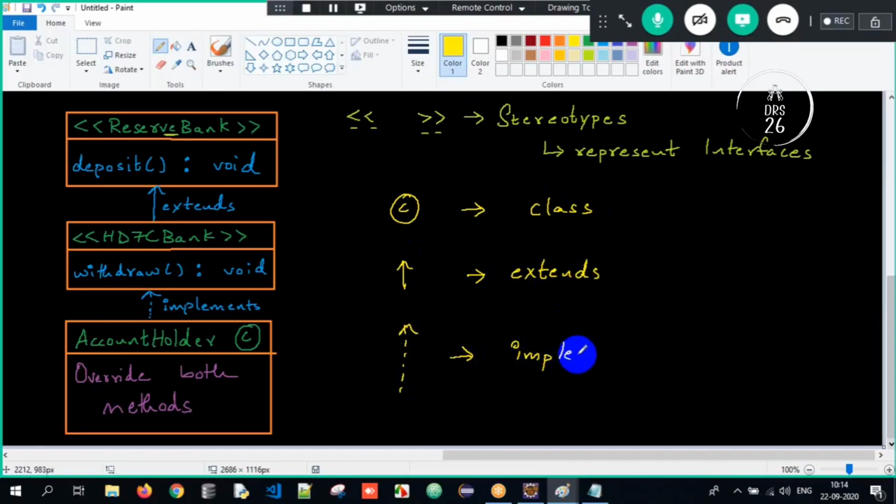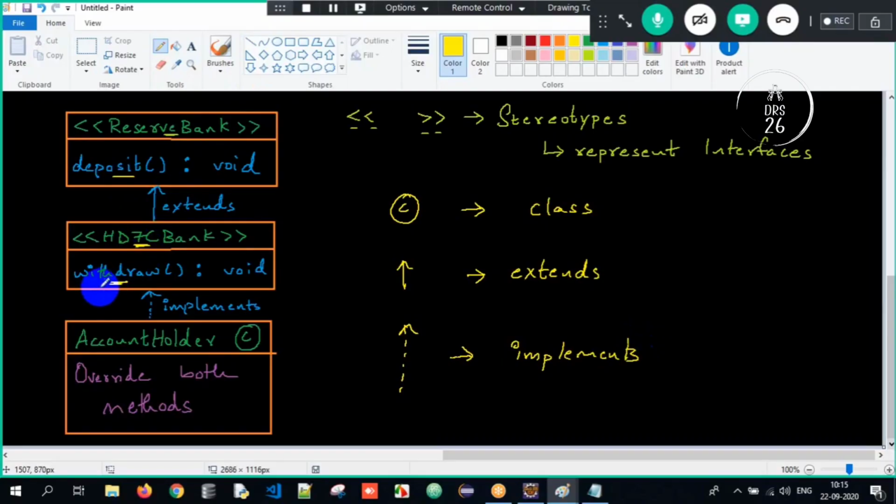So this is how we are supposed to represent it in a pictorial way, UML notation. Two angular braces, open and close, are called stereotypes, used to indicate interfaces. C stands for class, a normal arrow mark for extends, and a dotted arrow mark for implements. This deposit method was inherited by HDFC Bank, and HDFC Bank had withdraw.